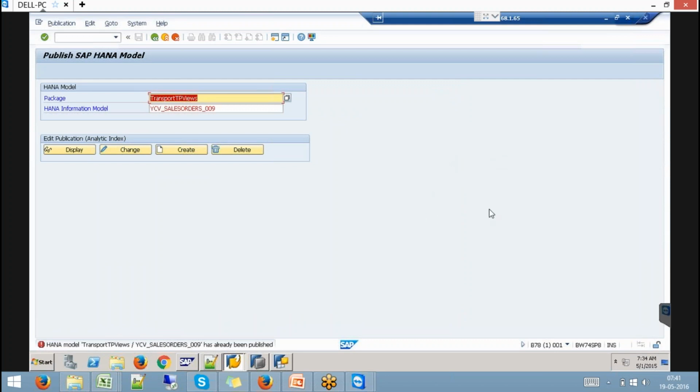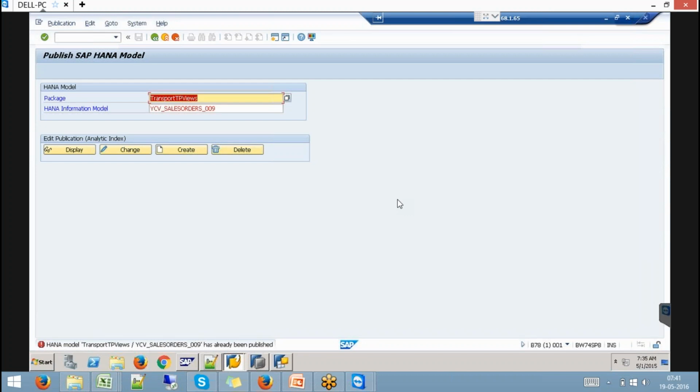Can we consume the transient provider for reporting without BEx? Without BEx, in the sense, I can see two things. I can use this transient provider in a composite provider, yes, and I can do a direct BEx query on it. Then what else do you want to know? Suppose we enable the navigation attribute option at the time of mapping your InfoObject with the transient provider. No, navigation attributes are not supported.